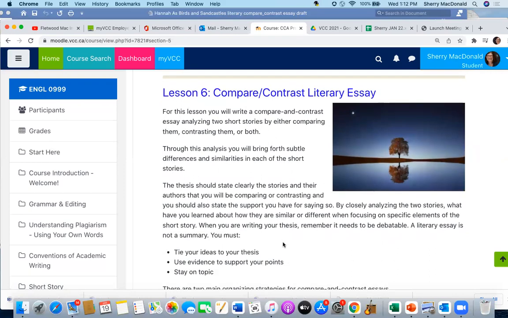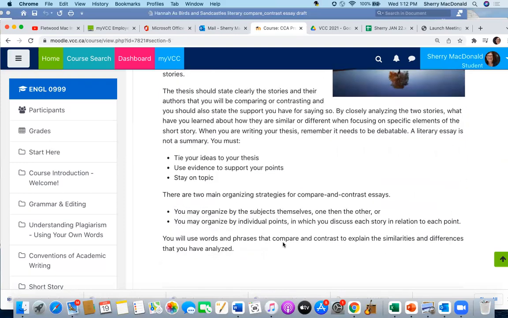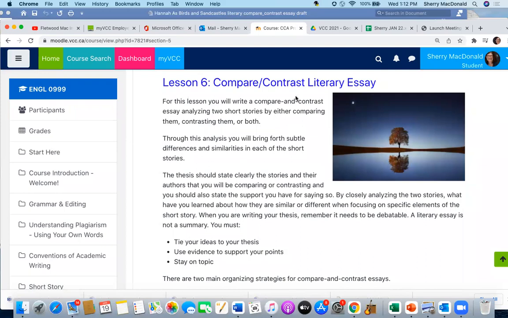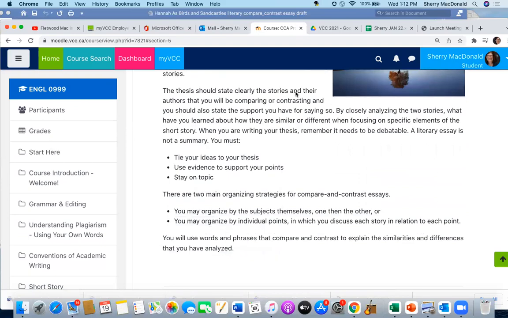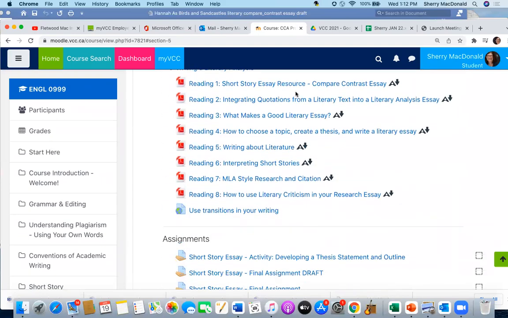And the final part of the short story section is your essay. So you'll be doing a compare contrast. So you'll be choosing 2 of the stories. Again, they're stories that you've already, some of them you've studied. So they're all the stories in the earlier sections. You choose 2 stories and you choose,